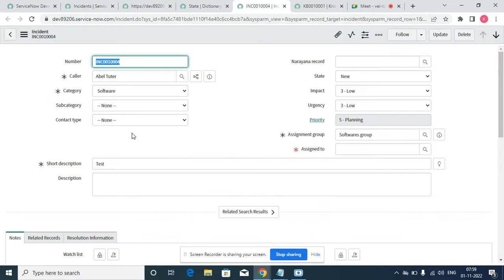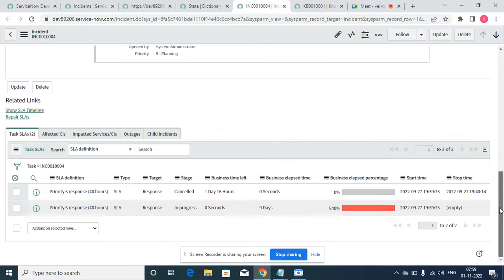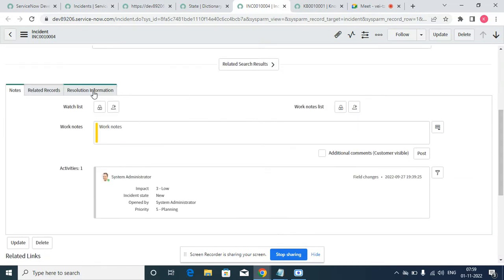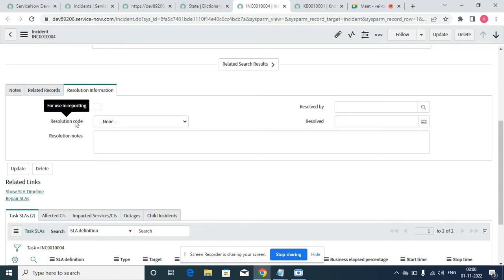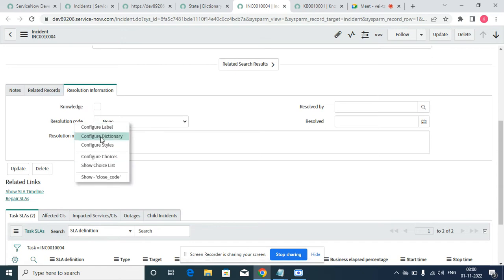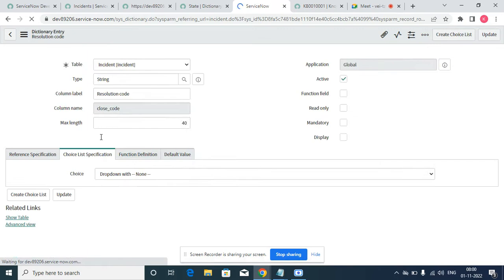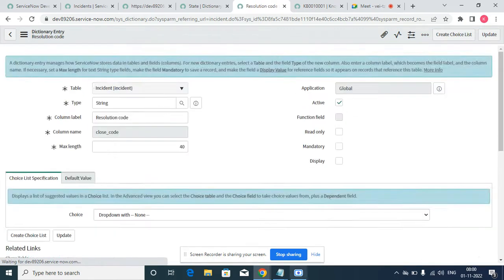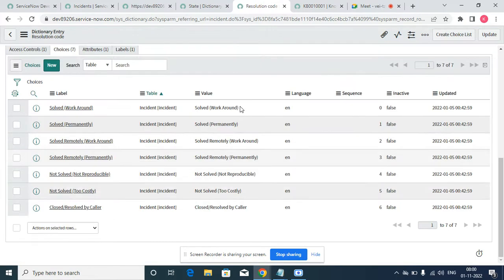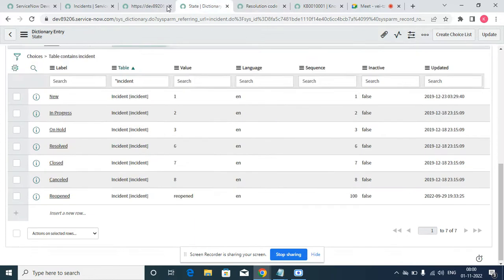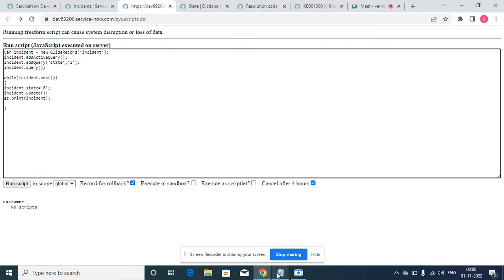So now I'm just going to the resolution nodes. For example, I'm just opening this one. I'm just copying this one, solid workaround. So what we can do is we can write here